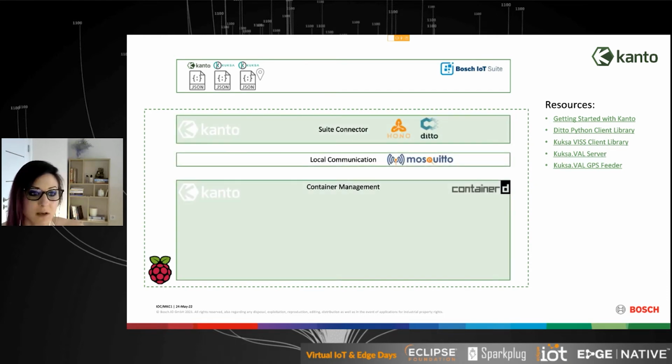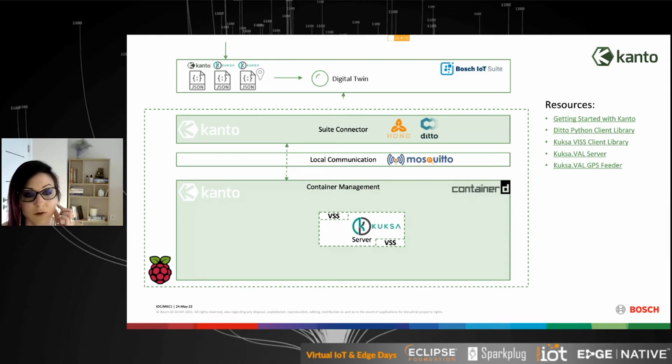We'll have Eclipse Kanto installed on a Raspberry Pi. As you can see, the container management is communicating based on the digital twin that we have in the Bosch IoT Suite and locally. As a first step, we will install one container, which is Kuksa Val. This container is available in the project, and you can even find how-tos in the Kuksa project GitHub repositories.